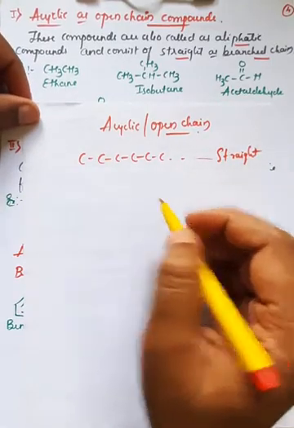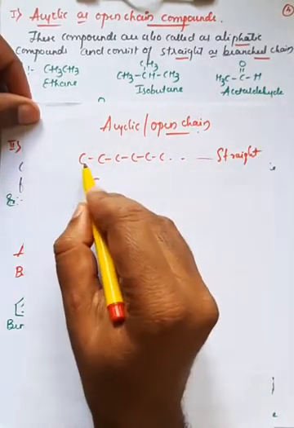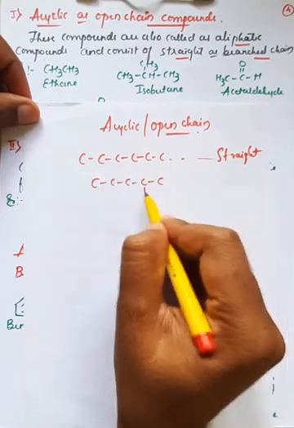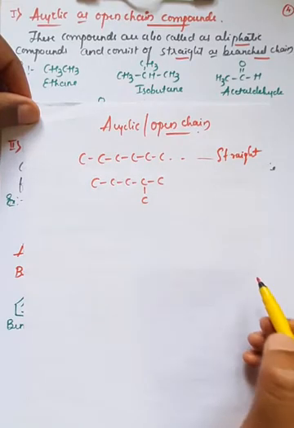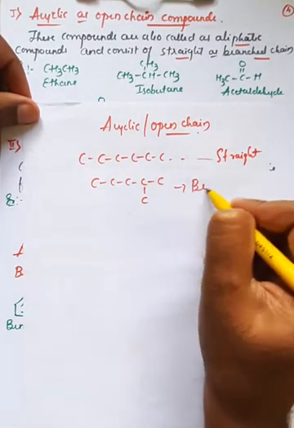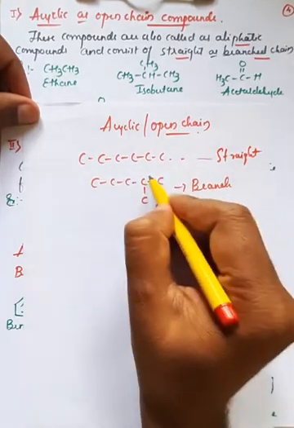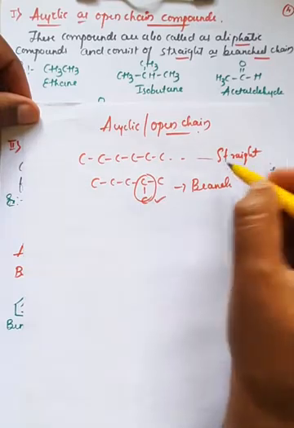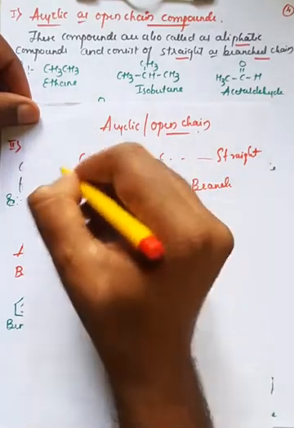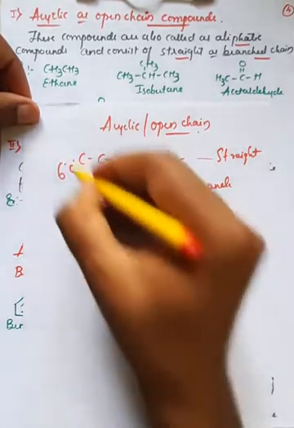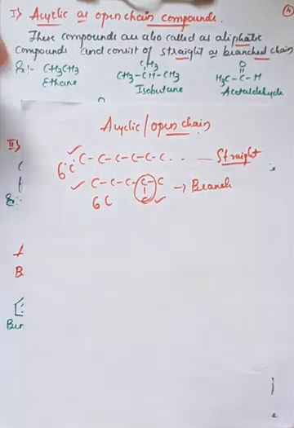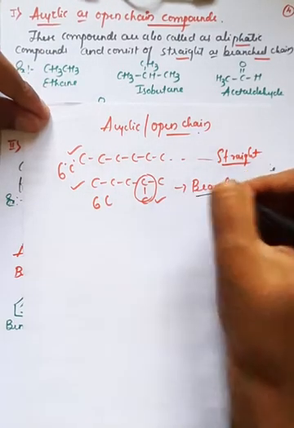In case of a branched chain, take the same 6 carbons, 1 2 3 4 5 6. I can write these 6 carbons in the form of 5, and one is branched on the next carbon atom, right? So this can be in the form of branching, which means if you come from this side, this is the second carbon atom which is having the branch. Therefore it also consists of 6 carbon atoms, and this also consists of 6 carbon atoms. You can write in this form also. The first form represents the straight chain representation of the carbon atoms, and the second form represents the branched chain representation of the carbon atoms, right?